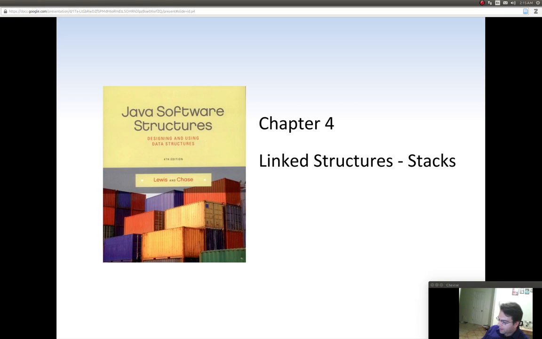So now, again, this is a presentation for SER222, also called CST230, at ASU Polytech. We're using the textbook Java Software Structures by Lewis and Chase. You can either be using the 4th or the 3rd edition. And today we're going to be